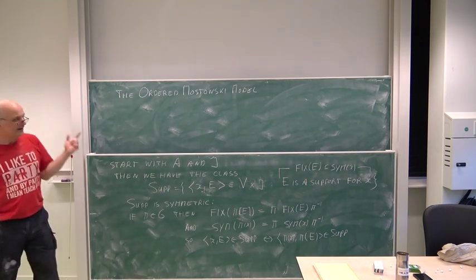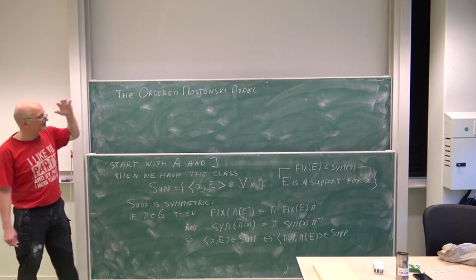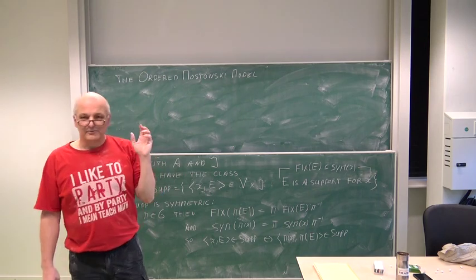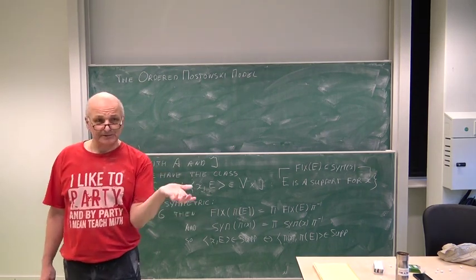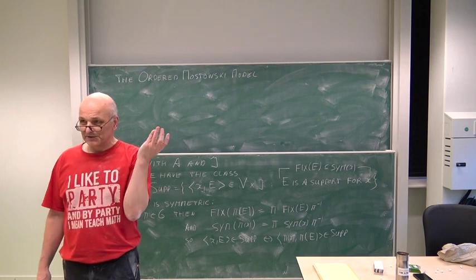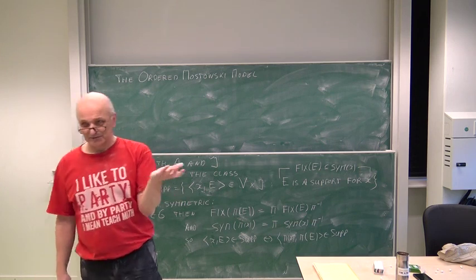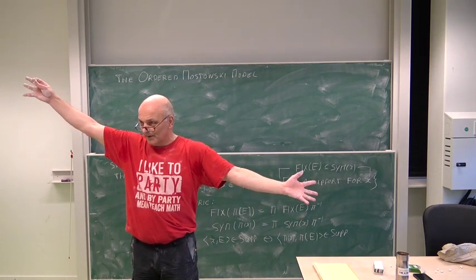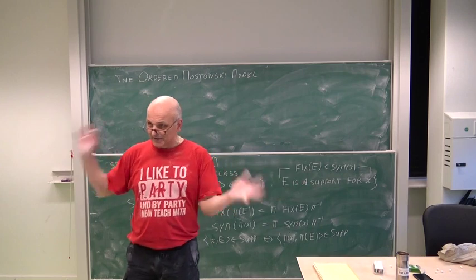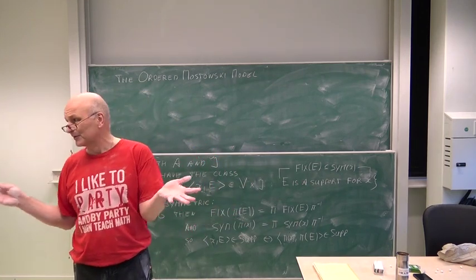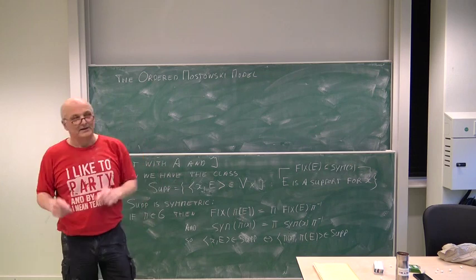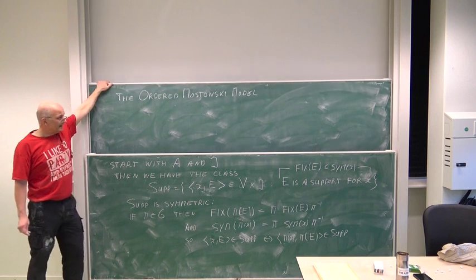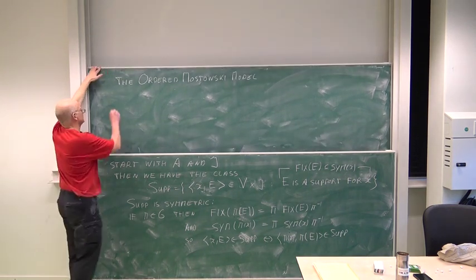We need to assume, I think Jech in his book forgot to do that explicitly, we do need to assume global choice. I don't know if that was discussed, but you can have global choice, which means that you can well order the whole universe with one relation. Fortunately, that's consistent because it's true in Gödel's constructible universe, for example. So we're not going to do something silly today. The ordered Mostowski model, okay.